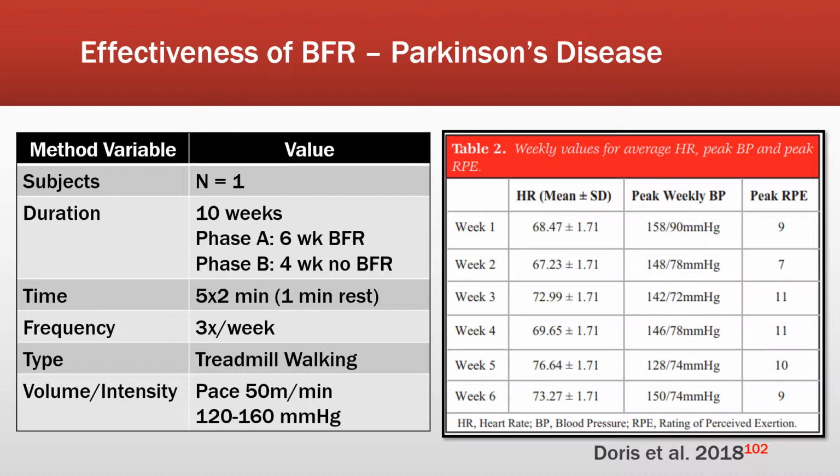You can see when I say a crossover, meaning there's a phase 1 and a phase 2. One in which for the first 6 weeks they had the blood flow restriction training. The last 4 weeks they did not. They used the treadmill walking, and the time, frequency, intensity of the training stayed consistent throughout the 10 weeks. In the table to the right, you can see that the heart rate, the peak blood pressure, as well as the RPE did not significantly change over the 6 weeks at which they were using the